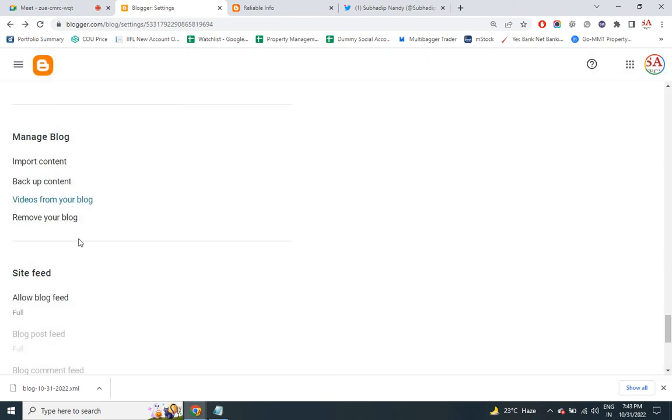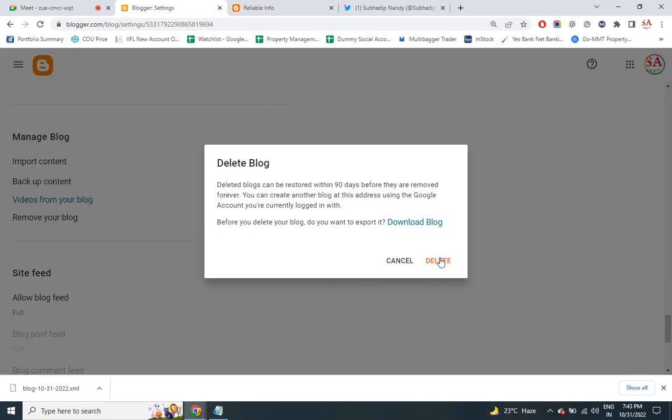In order to delete a blog, you have the remove your blog option. You click on delete, the entire blog gets deleted. But not to worry, it will be in trash. 90 days you can still restore it. But after 90 days, you will lose everything in the blog, SEO, visitors, revenue, whatever